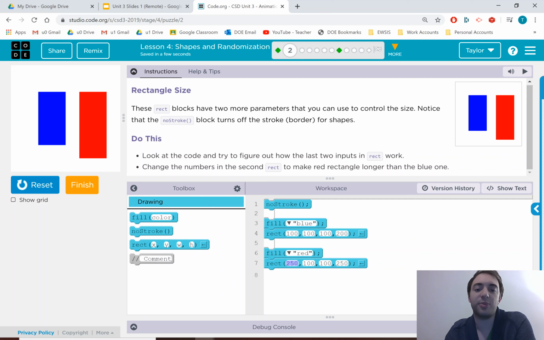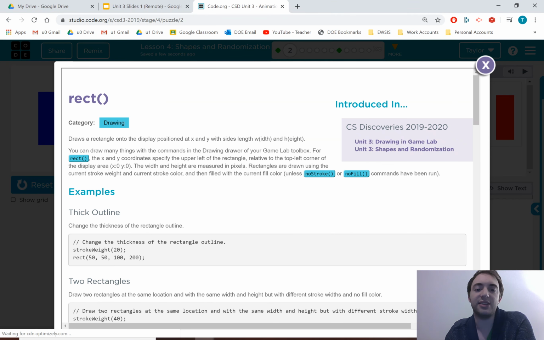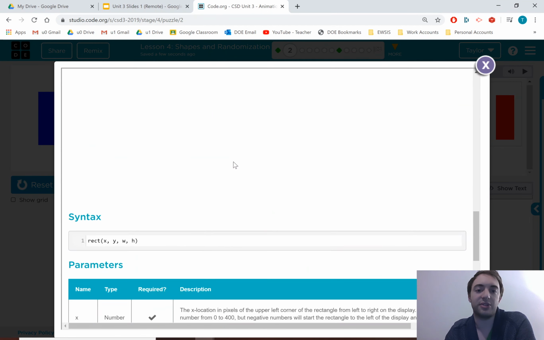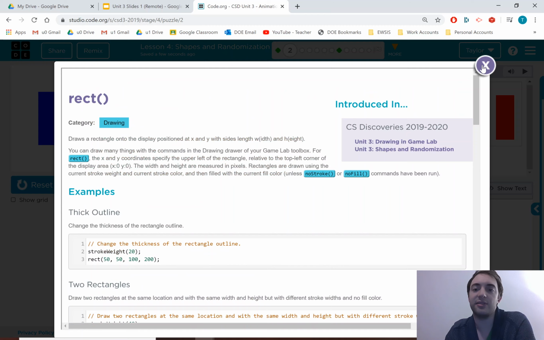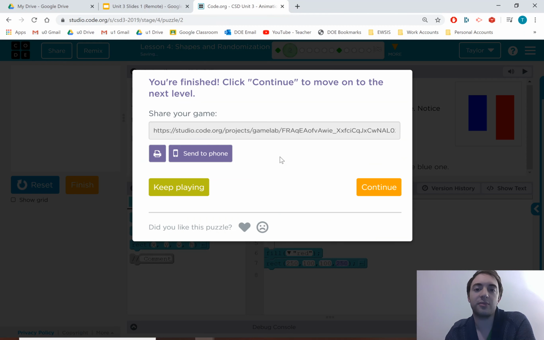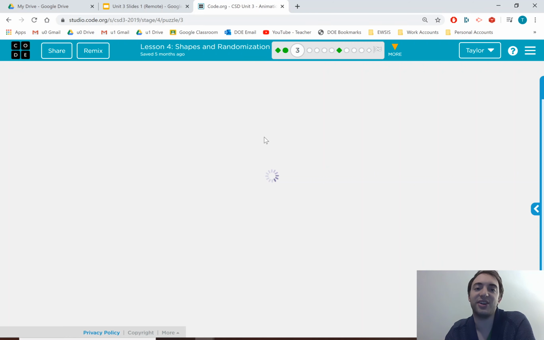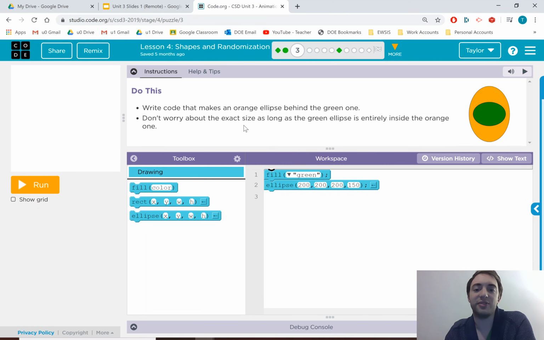So we got the X part, the Y part, the width, and the height. You can even hover over it and see examples, a lot of different examples. There's that sound again. I could turn it off, but I'm here for the memes.